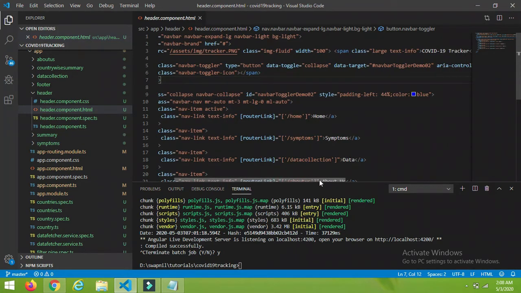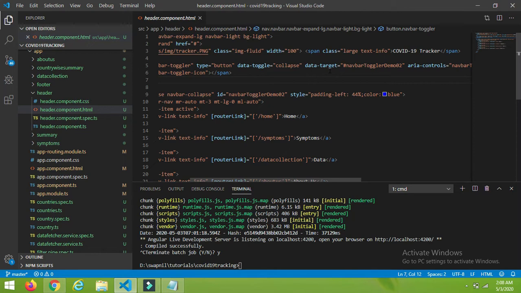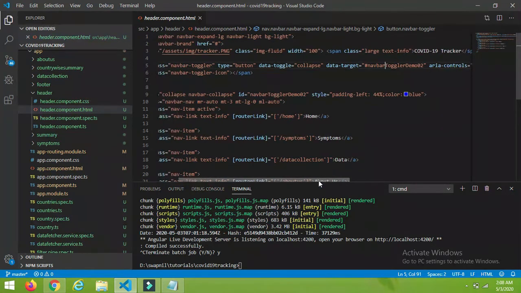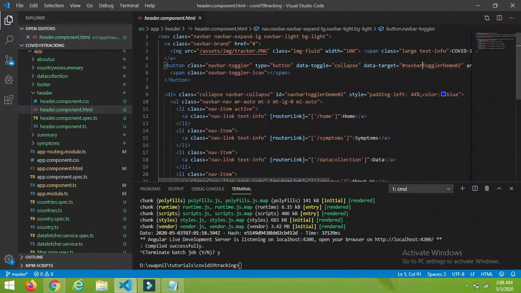And now the third one is data-target. Let me explain what this data target is. Whatever id you specify here, when the component with that id gets hidden or collapsed, this button should be displayed, right?